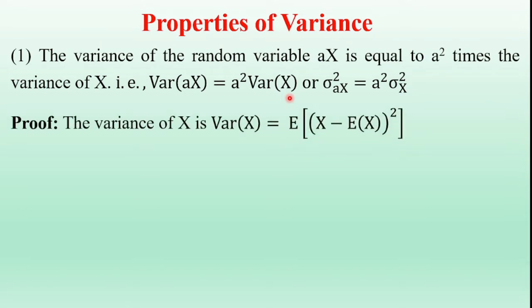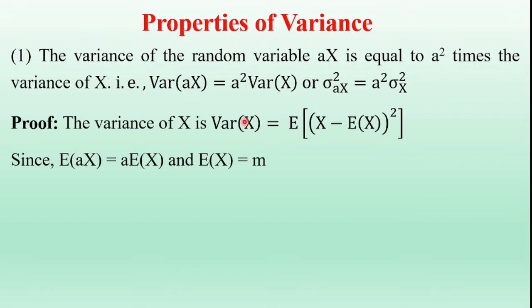We know that the variance of the random variable is given by variance of X is equal to expectation of (X minus m) whole square. The mean value of the random variable is denoted as expectation of X, or small m. The definition of the variance is variance of X is equal to expectation of (X minus E of X) whole square. Now we want to prove variance of aX. In this definition, X is replaced by aX. We get variance of aX is equal to